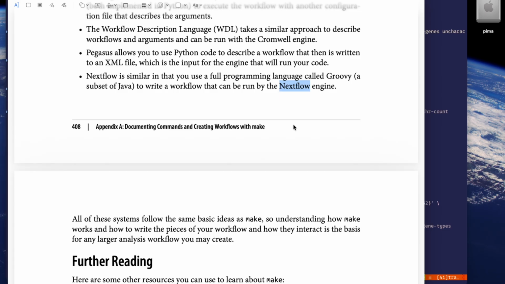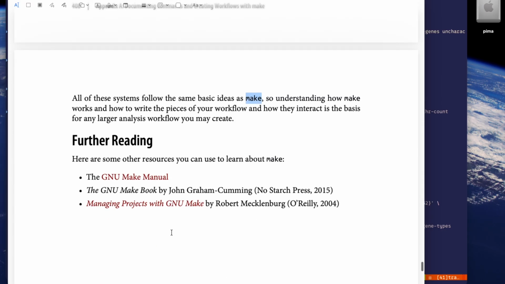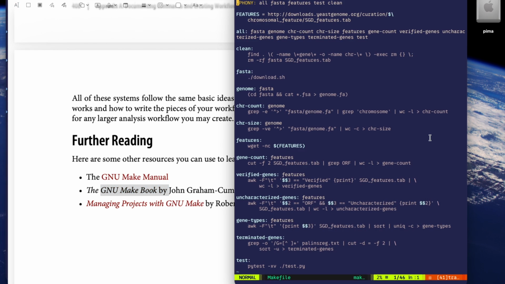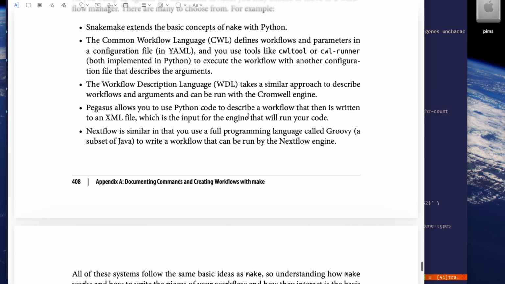I would also mention there's a Rust version of make called Just, which I think is a little easier to use. But since the book here I was just talking about make, I would first encourage you to go learn a little bit about make. I have a couple of links here to some manuals and some other good books. I don't actually think it's necessary to really understand make. I think if you can understand something as simple as this, then you can understand all that you need to from make, and perhaps you would move on quickly from make to something else like Nextflow or WDL. Anyway, make is